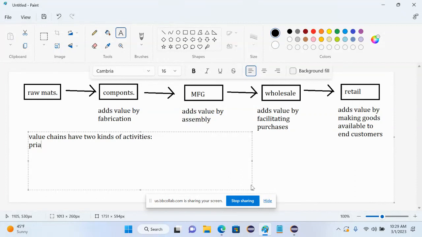Okay. Number one, primary. Primary activities are, number one, easily measured, right? For example, if you're this components manufacturer, you know it costs you so much to get the raw materials, it costs you so much to make the components, and you get paid so much for every one you sell to the manufacturer. It's really easy to assess how much money you're making there, right? Like manufacturing activities.